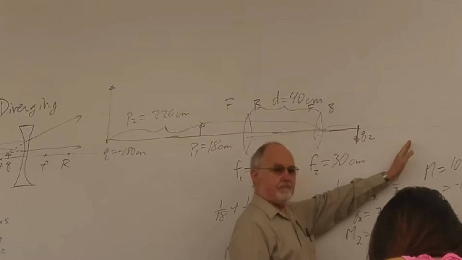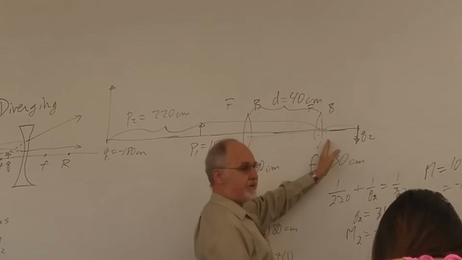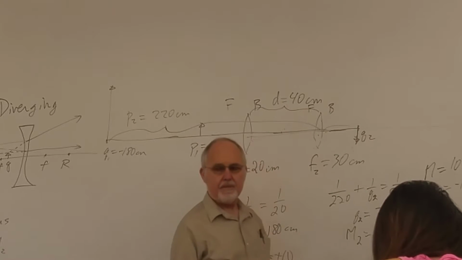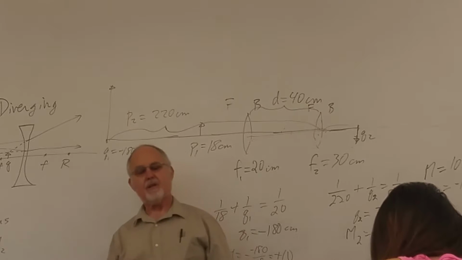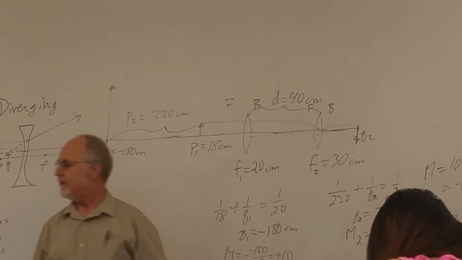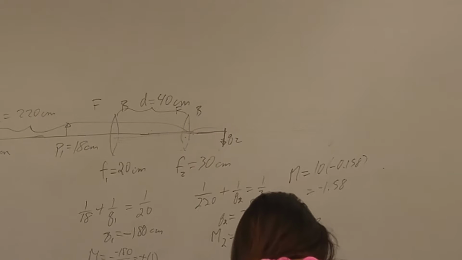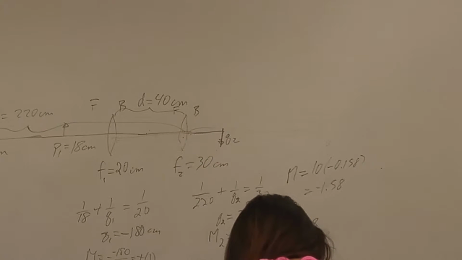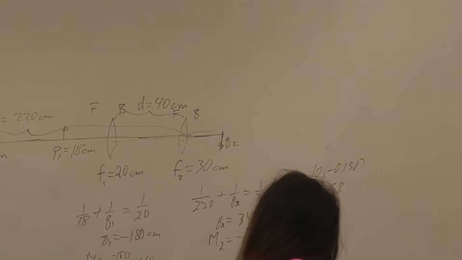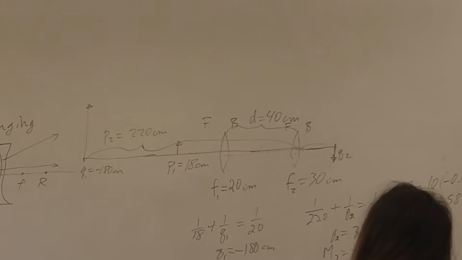If that first image is on the back side of the second lens, then it's that distance minus the separation distance to find that second object distance. But the first image is the object of the second lens. So how far is the first image from the second lens, with plus or minus on it, depending on whether it's on the front side or the back side of the second lens. Not where it is in relationship to the first lens, but where is it in relationship to the second lens. Then go through my equation again to find the second object distance, which is then the final, or